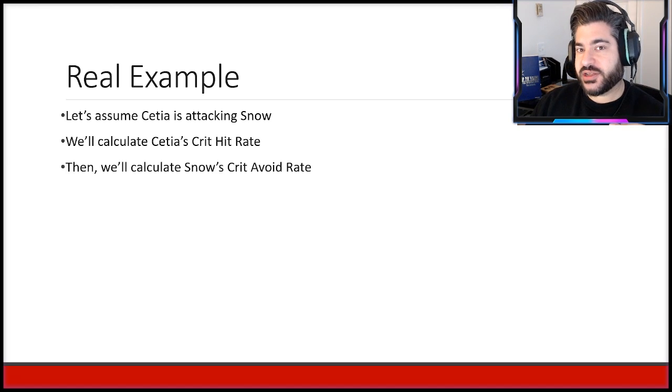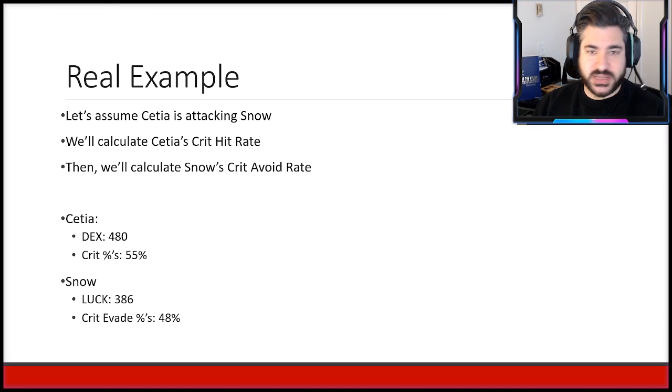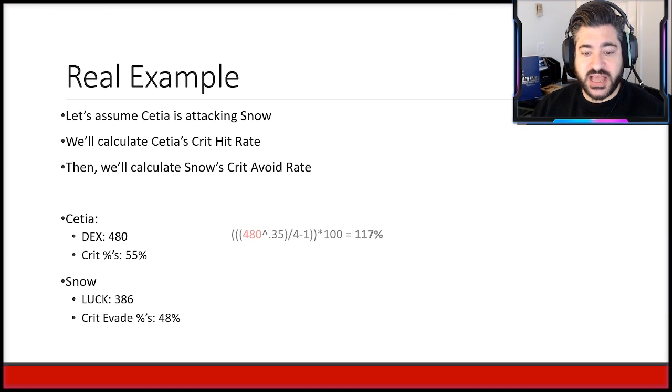We're then going to calculate Snow's crit avoidance rate. I just pulled a build that we used recently for CTIA. She's got 480 dexterity and 55% extra critical hit rate percentage points. And then for Snow, I pulled again a build we had recently: 386 luck with 48% crit avoidance from his equipment. If we were to do the calculations on this, well, first you take CTIA's dexterity stat, you plug it into